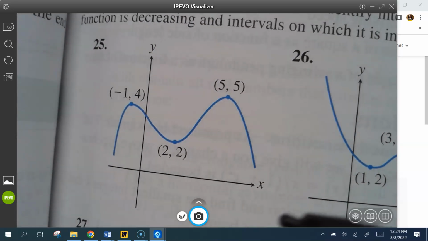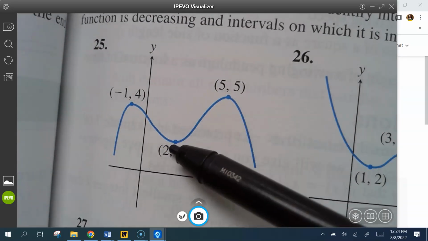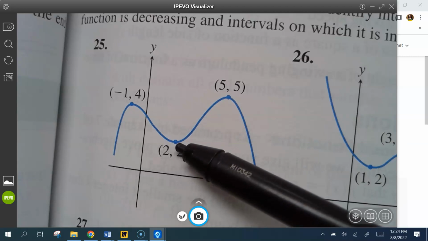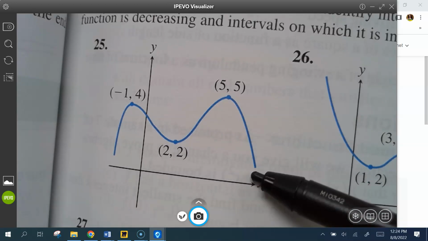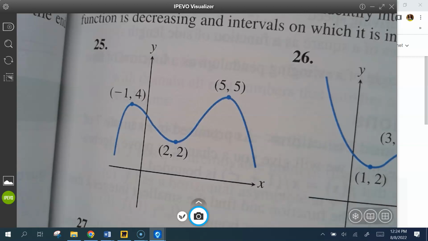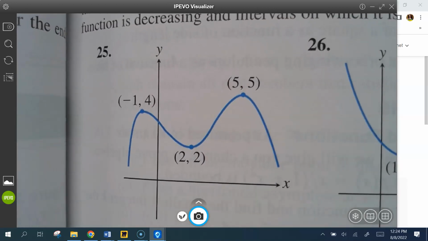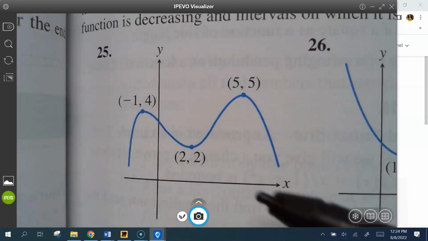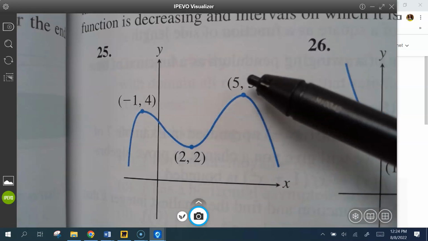So if you look at this one, that is a minimum, but the graph goes down lower than that at some point. Does that make sense? All right, so we got relative max, relative min,